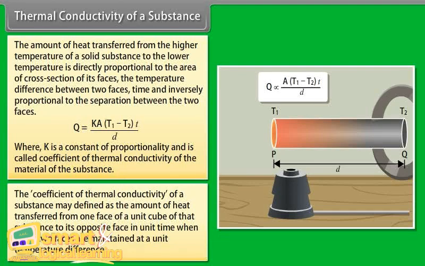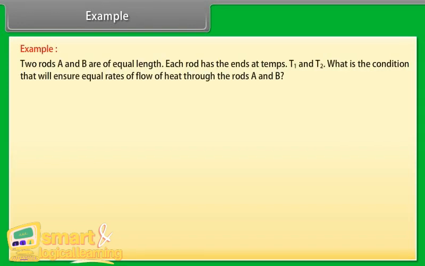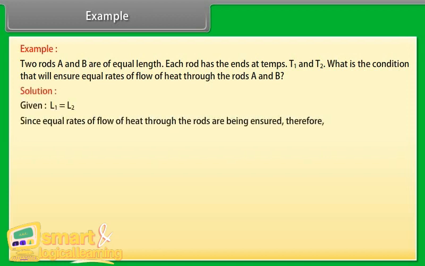Example. Let us take an example of thermal conductivity. Two rods A and B are of equal length. Each rod has the ends at temperature T1 and T2. What is the condition that will ensure equal rates of flow of heat through the rods A and B? Let's see the solution. Given L1 = L2, since equal rates of flow of heat through the rods are being ensured, therefore ΔQ1/Δt = ΔQ2/Δt. On solving the expression, we get